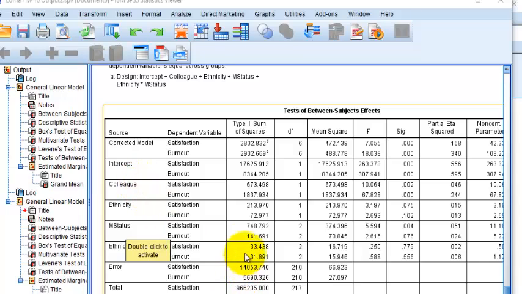All right, so here we go. After controlling for colleague, here's ethnicity. Ethnicity, satisfaction, no significant difference. Ethnicity, burnout, no significant difference. Marital status, satisfaction, there is a significant difference. Marital status, burnout, there is no significant difference. So you see what happens once you control for something. So let me go ahead and cut and paste this thing back into your data sheet. Hold on.